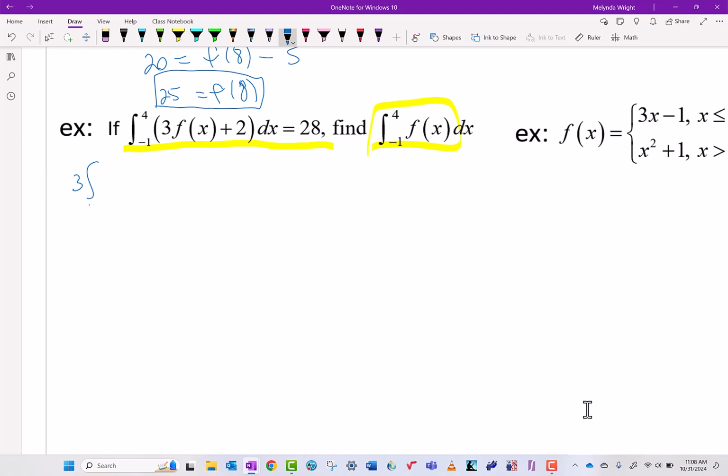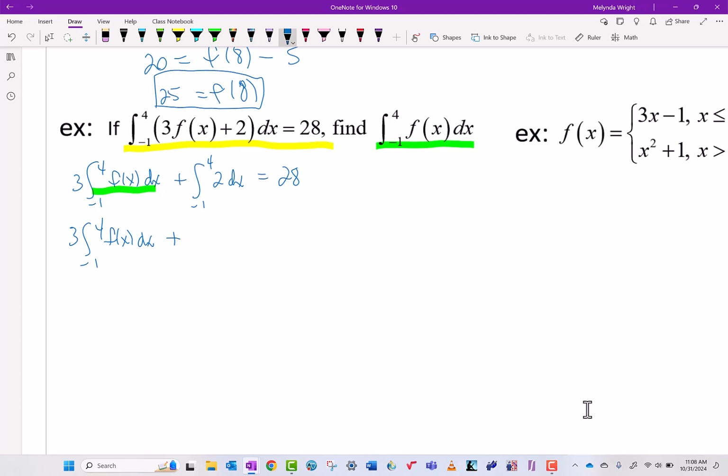So I'd bring the 3 out: 3 times the integral from negative 1 to 4 of f of x dx plus the integral from negative 1 to 4 of 2 dx, and that all equals 28. Okay, that's a good first step. Let's focus on what we want to know. What we want to know is this little piece right here that we want to solve for. Okay, we can do that. So let's see. I don't know what that is. So we've got 3 times, okay, that's what we want to know,